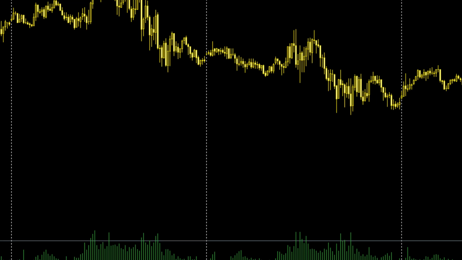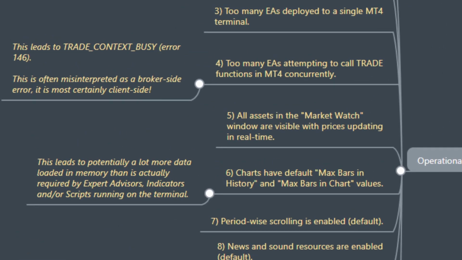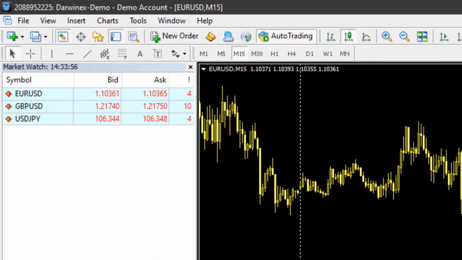So that's another operational thing you can do there. Then by default, news and sound resources are also enabled in MetaTrader. So again, if you're running this on a VPS server, most likely your objective is to run an algorithmic trading strategy for which you don't need access to news and sounds, because there's really not much point in